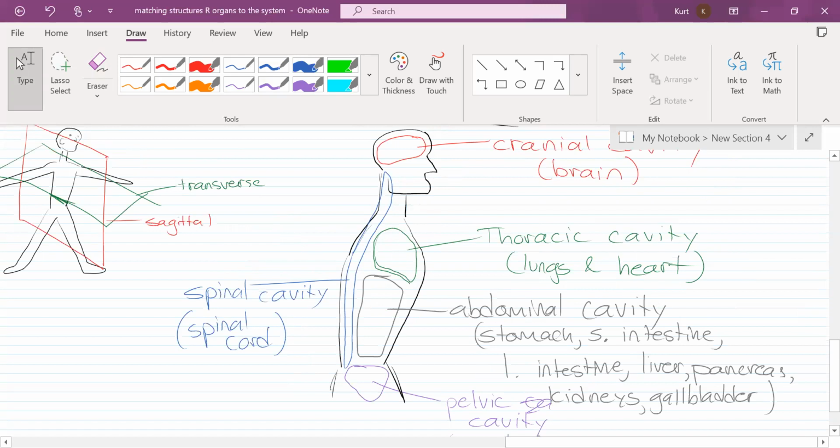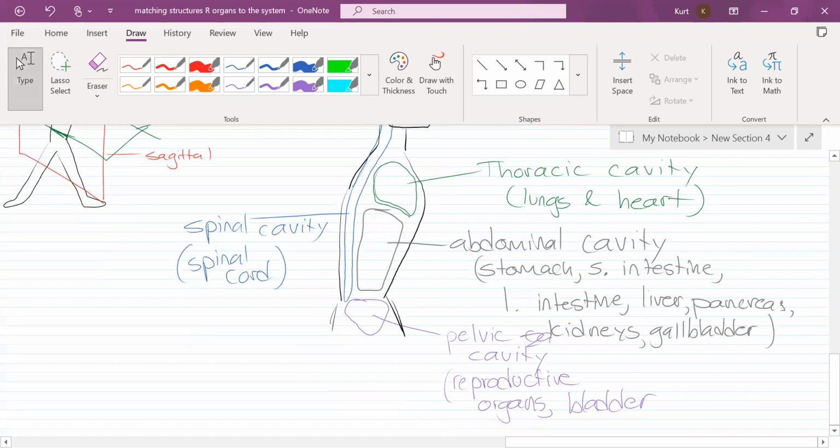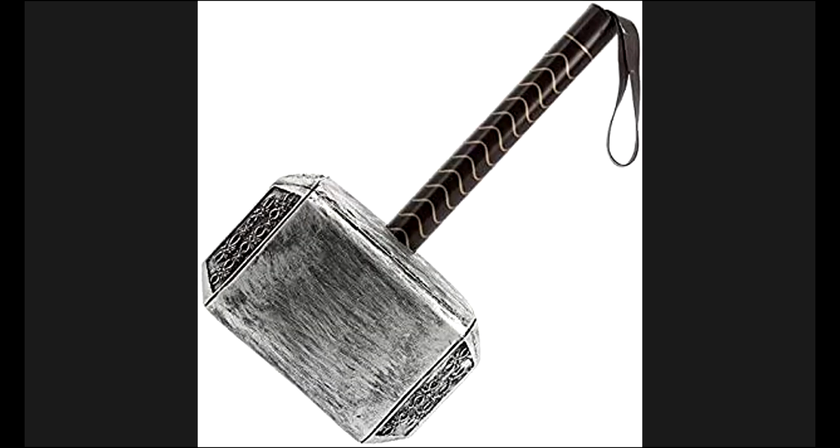Yes. Scroll down, just the pelvic cavity, reproductive organs and bladder. Okay. So I want to show